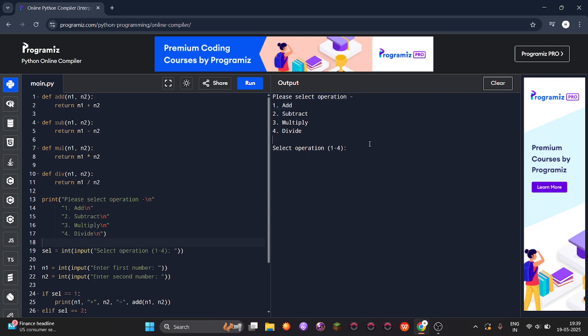For example, if you click one, which is add, you will get to enter the first number, which is a function done by this part of the code, and you get to input about two digits maximum. For example, if I input 89, then I have to input a second number to complete the mathematical operation. Let's just go 67. If I click enter, I will get the result very quickly.